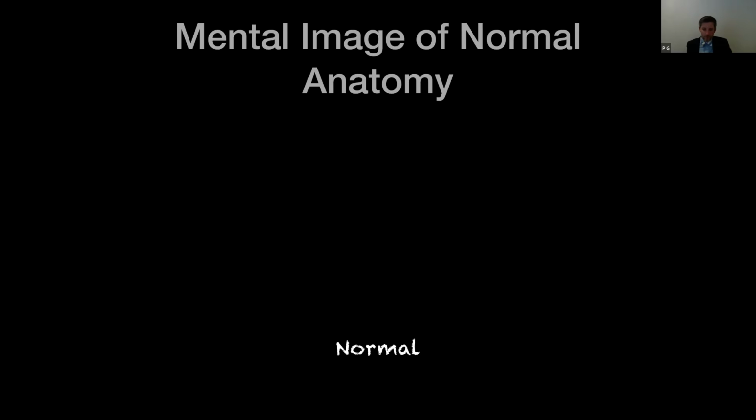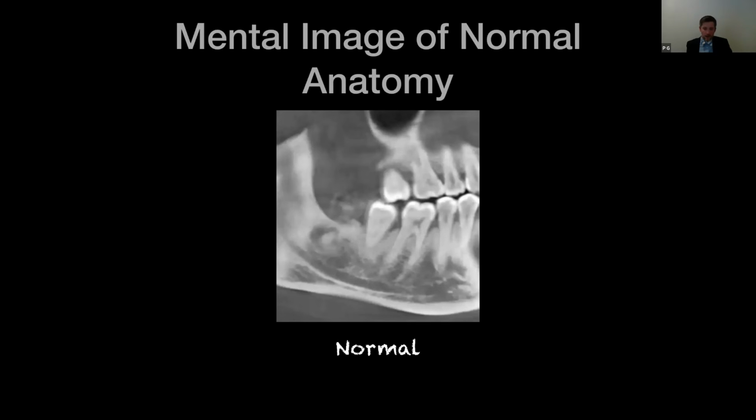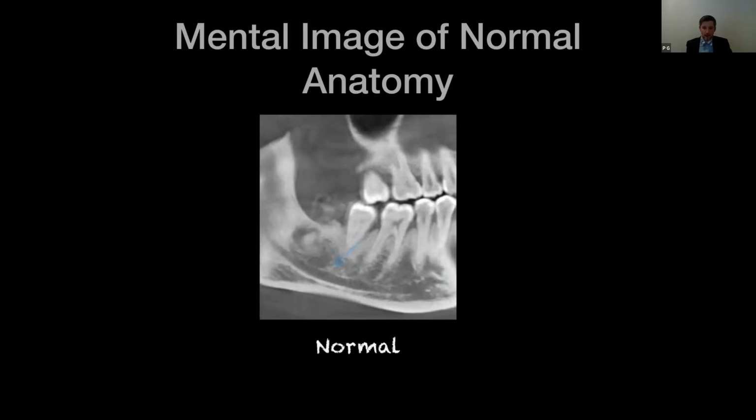So here's an example of what I'm talking about. Here's a sagittal view, so from the side, of the IAN, or the mandibular canal, as some people call it. So here we see the mandibular canal in a patient in the sagittal view from the side. I would say it looks normal. The contours of the canal look normal. It looks normal in its overall size and shape to me. And that would be an example of a normal mandibular canal.